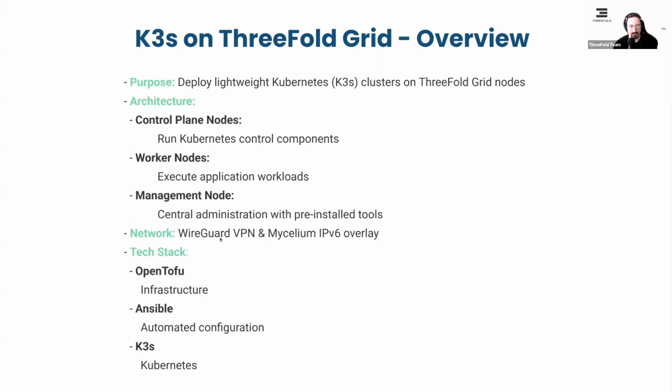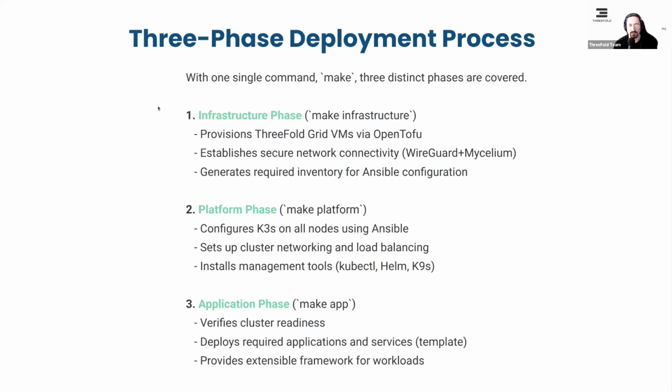In terms of the network, we're using WireGuard as VPN, and we also set all the nodes with the miscellaneous. And the tech stack, as we said: OpenTofu for infrastructure, Ansible for the automated configuration, and K3s for Kubernetes. The deployment is in 3 phases, but you can do it all with just one line with make. We have the infrastructure phase that you can run separately with make infrastructure. This provisions the ThreeFold Grid VMs via OpenTofu. Then we establish the WireGuard connection, and then we generate the required inventory for Ansible, and Ansible will be used